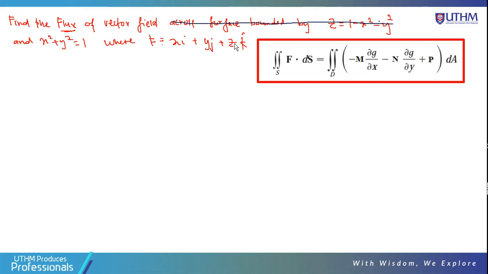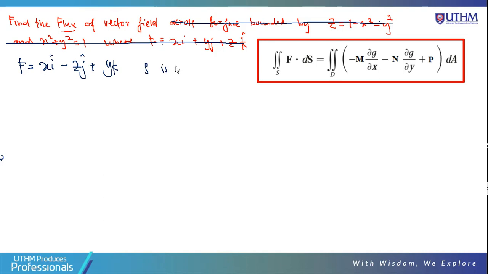Okay, find the flux of the vector field, where they given F equal xi negative zj plus yk. Okay, given this is a vector field where S